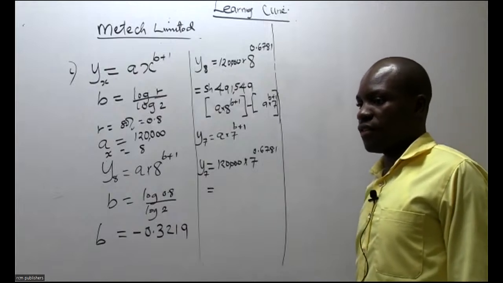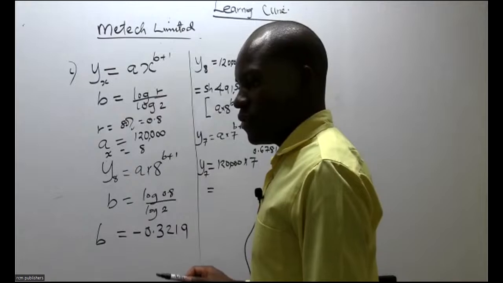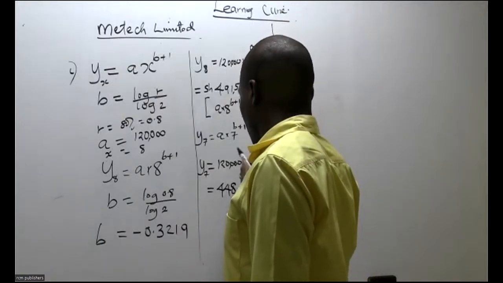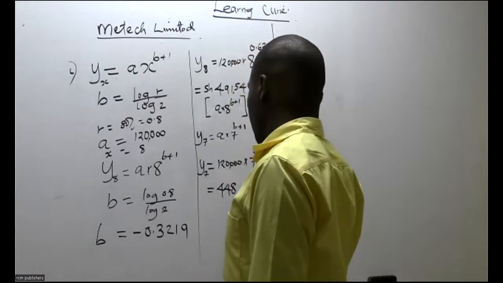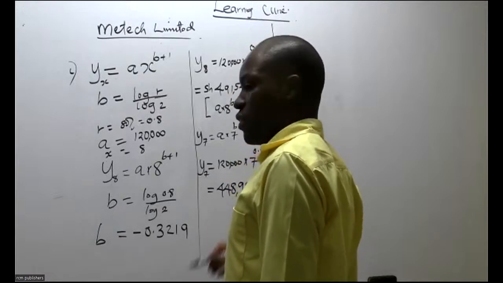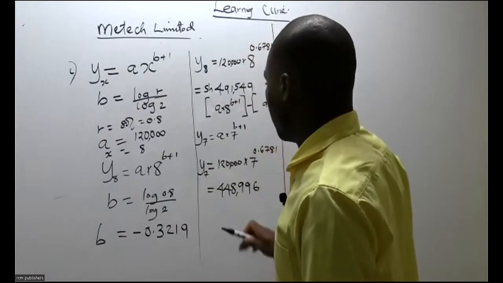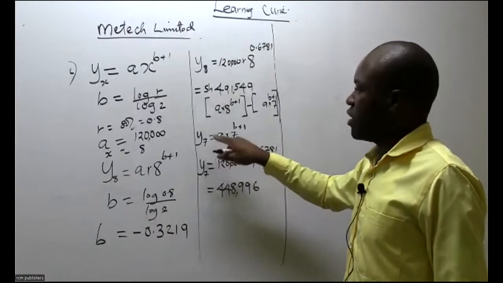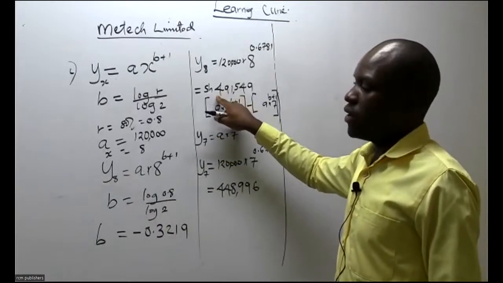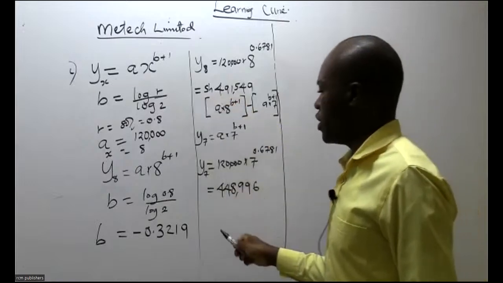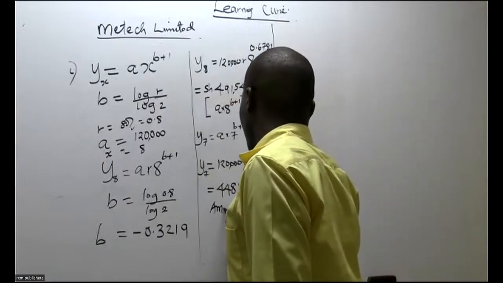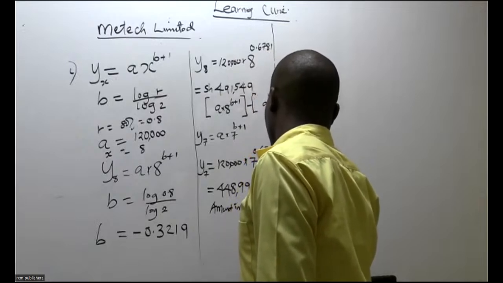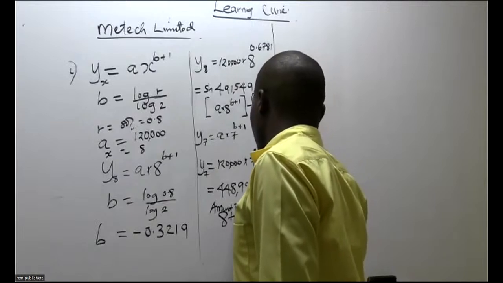The total for the first 7 batches. 448,996. So this is the total amount you are going to incur to produce the first 7 batches. This is the total amount you are going to incur to produce the first 8 batches. So it means the amount incurred for the 8th batch